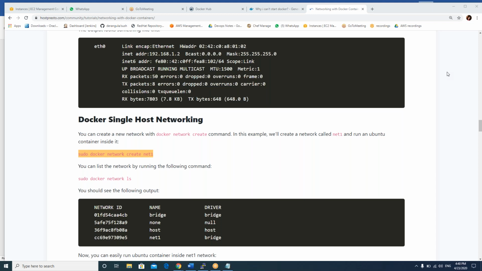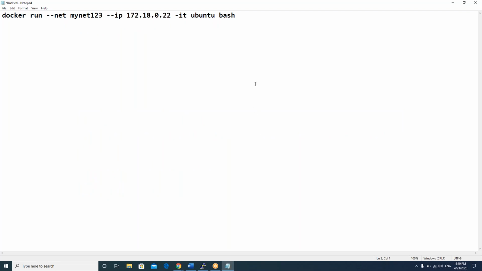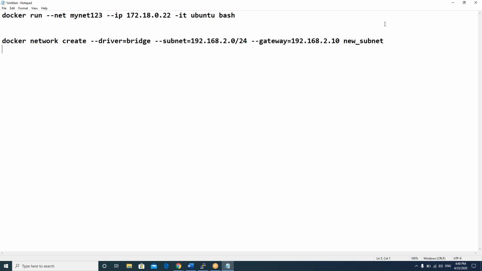I'll ping you in the group chat. Yeah, I pinged you. So without touching the default network, I can have one more network also in my desired range. Here replace your subnet, maybe make it 10 series. Instead of 192, make it 10. It's up to you, your wish. Make the gateway also 10.